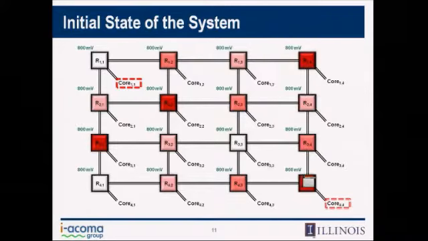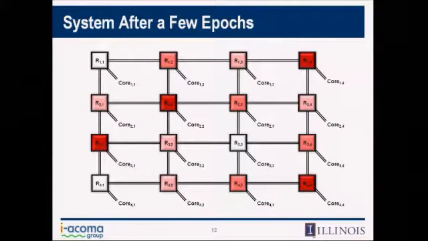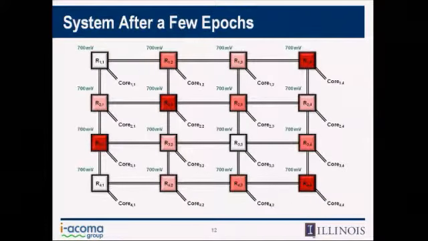We want to transfer a packet from core 1.1 to core 1.4. Based on deterministic routing, it goes through X and then goes through the Y, and it gets delivered without any errors. After a few epochs, the voltage of all the routers will go down to around 700 millivolt. If we want to transfer the same packet, at router 1.4 we're going to have a fault. Then it's going to go to the next one, have a fault, and then deliver it. At router 4.4, we're going to drop that packet, raise the voltage of all the routers on that particular path, and basically do a retransmission.